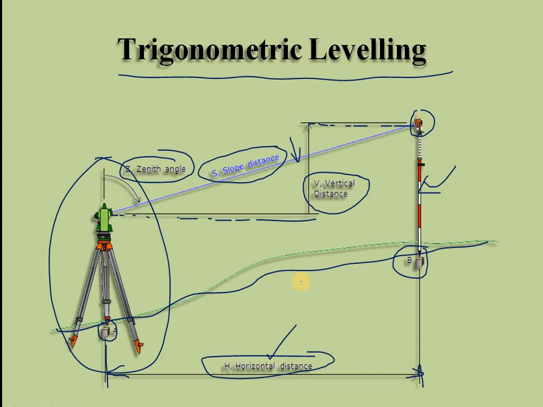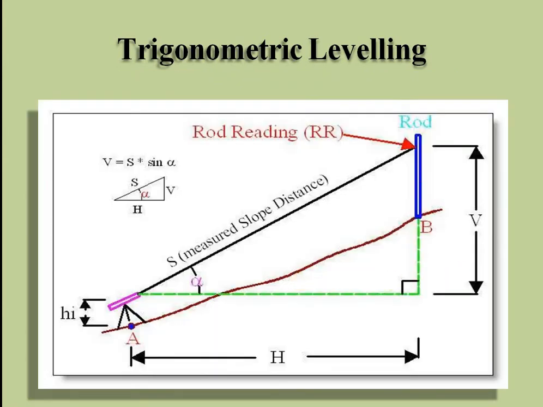Trigonometric leveling can be done very easily, finding heights and distances by using the degrees, minutes and seconds of the angles on the vernier scale and main scale provided in the theodolite or tachymeter instruments. Whereas with the total station, the digital measurements are taken on the LED scale. You can also see here our rod reading, named RR. The instrument is fixed on the ground.